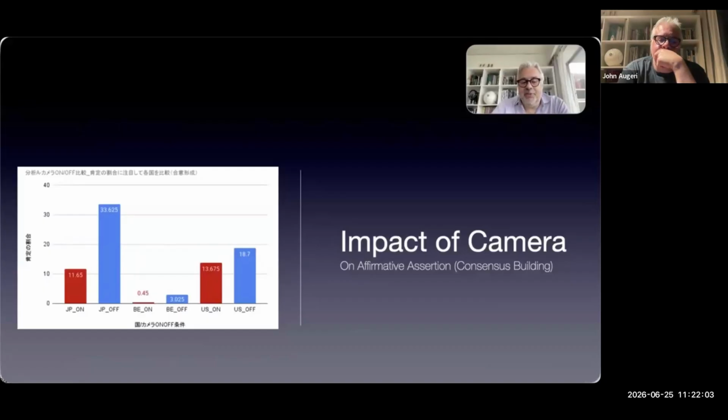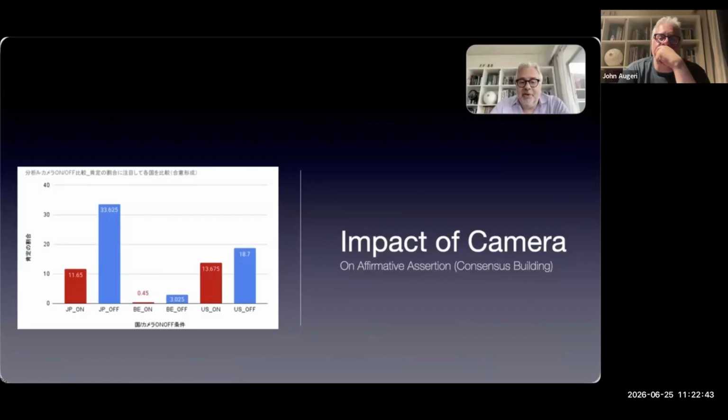An explanation of these results might be the necessity in a consensus building to acknowledge different opinions to reach an agreement. And in such a situation with the camera off, the participants, being not visible, may show their approval by vocally saying their affirmative standpoint rather than nodding. Once again, we couldn't see them with the camera off, so that might be an explanation. The brainstorming, coming back to that first format, on the other side, doesn't necessarily require the other's approval, and it allows participants to freely express their opinion.